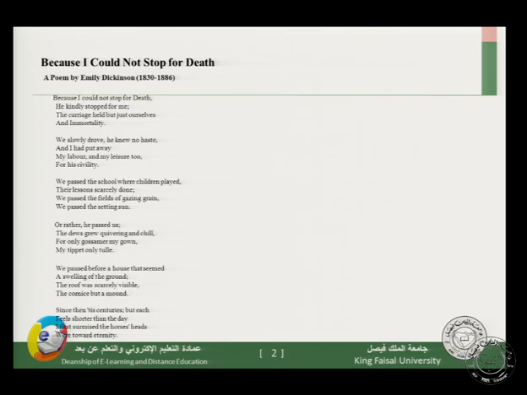Emily Dickinson here expresses her acceptance of death as something you can't escape. And you talk about death as, if someone is religious, of course, he doesn't fear death, okay? He or she accepts death calmly, without being afraid of it. Death is nothing to be afraid of if you are really religious and you know that you have done good things, so you expect a good end for yourself in the